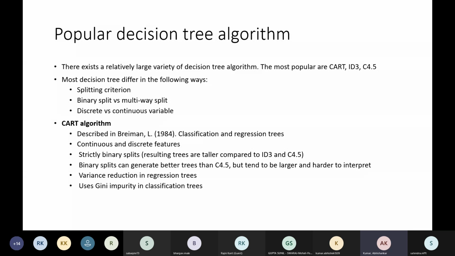And the objective, actually, when you want to go from a root node to a child node, you want to achieve some objective, correct? Why do you want to go from root node to child node, or parent node to child node? You want to achieve something. You want to achieve some objective.